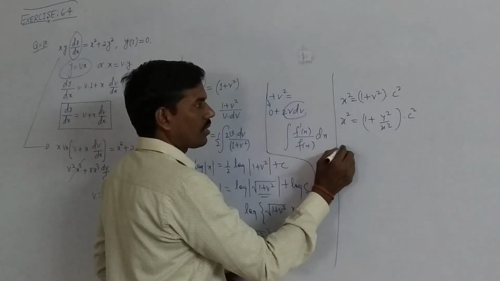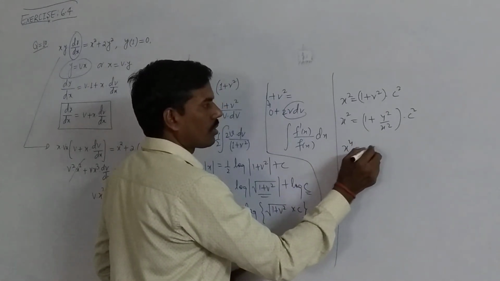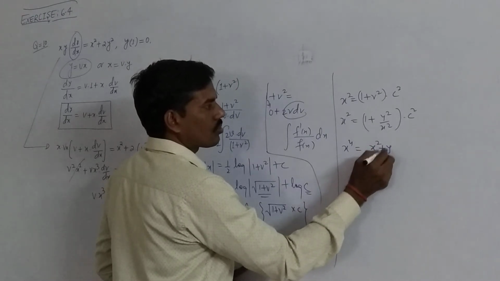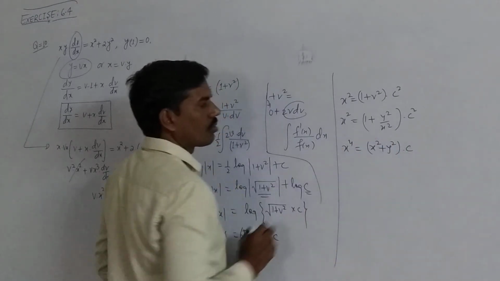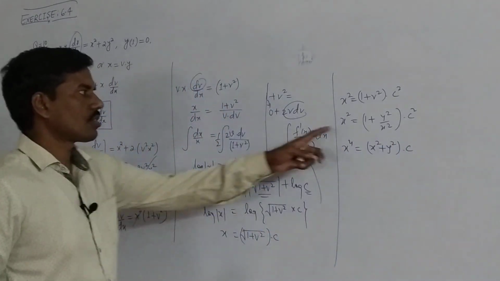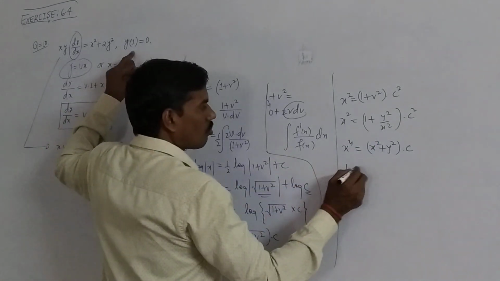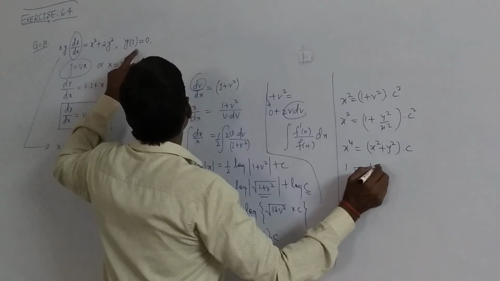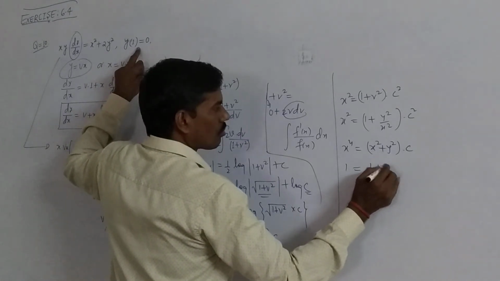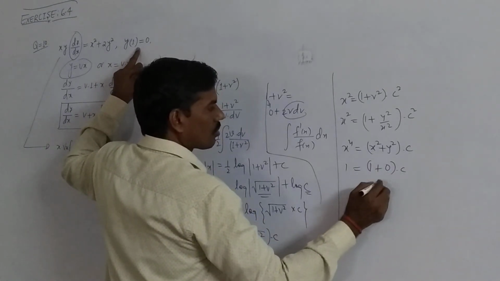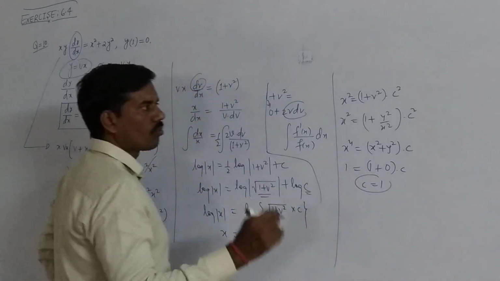We can write it as x to the power 4 is equal to x square plus y square into c. x square into x square is x to the power 4, and since x is equal to 1 and y equal to 0, into c, so c is equal to 1 upon 1. So the answer